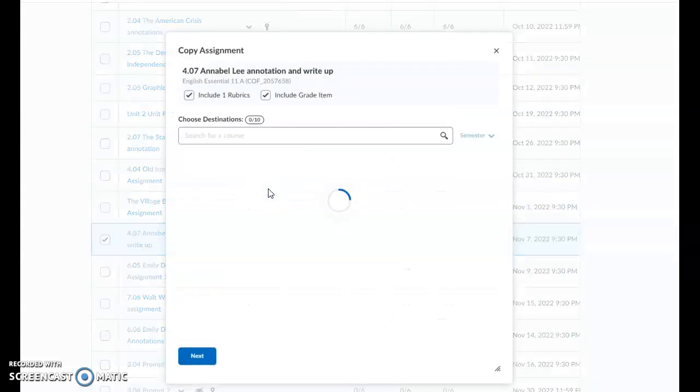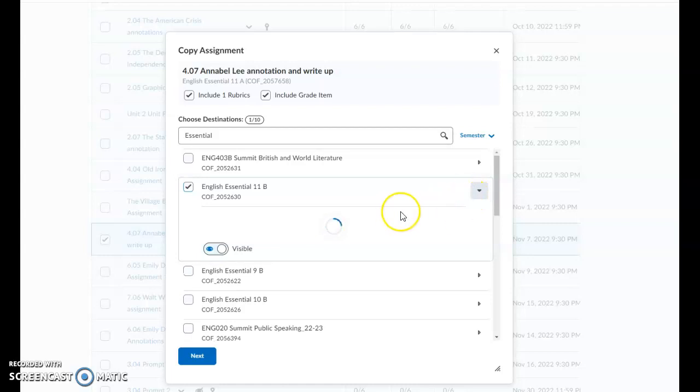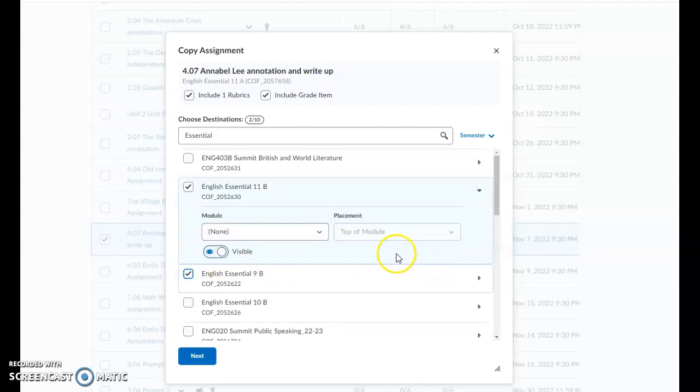And then when I go to copy to other courses, I type in the courses that I'm looking for. And mine actually are popping right up, so this is where I want it to go. And I click the down arrow. I also want it to go to here too. So I want it to go to these two courses, and